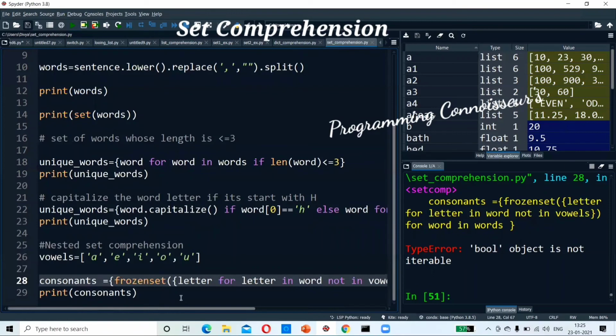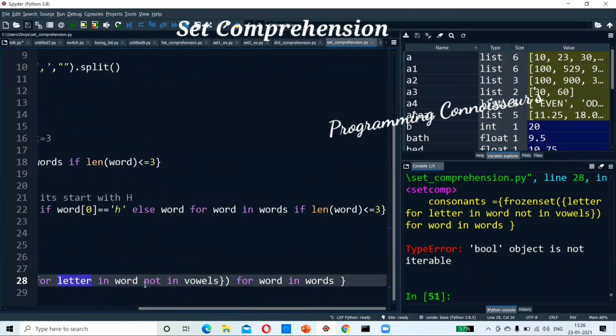Normally it will come for a frozen set of letter for letter in word. The if condition I have not written: letter not in vowels. Every letter I should take, and every letter should not be in vowels. What I have taken is the entire word, and the entire word cannot be a vowel.